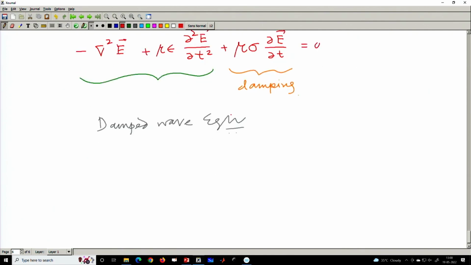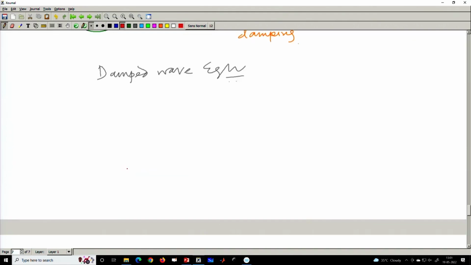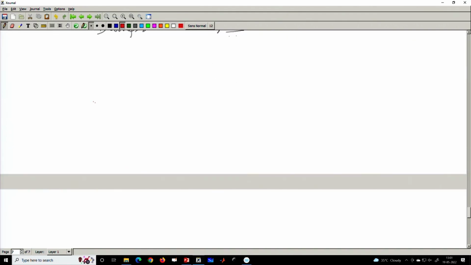So, we have a damped wave equation, and let us now consider the plane wave solution, because we know the solution for the wave equation is plane wave. So, the plane wave solution, if I consider